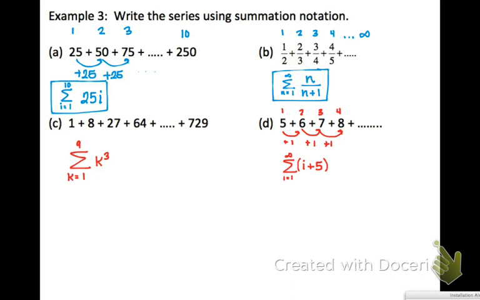For part C, I noticed that those, again, are all the perfect cubes. This time it goes all the way up till 9. So I used K this time just to kind of show that you could use a different variable. And then with D, I noticed that the change every time was 1. But if I was going to do that, oh,